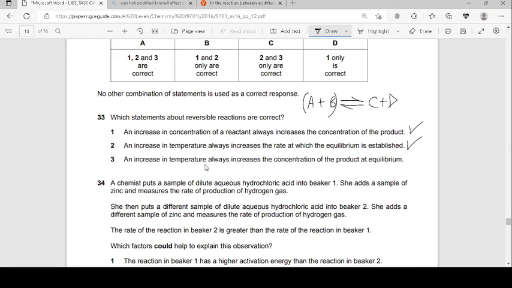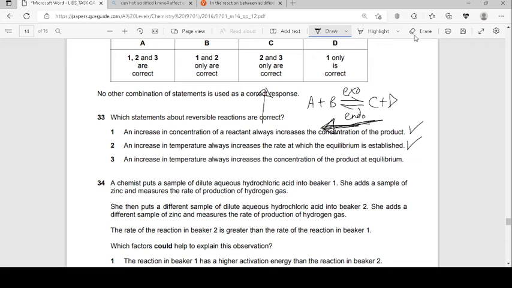Now increase in temperature always increases the concentration of the product at equilibrium. Now that is wrong. Reason for that is the exo-endo scene. So, for example, if I take the forward reaction as exo, the backward reaction is endo. So if I increase the temperature here, my equilibrium will shift to the left hand side, because my backward reaction is